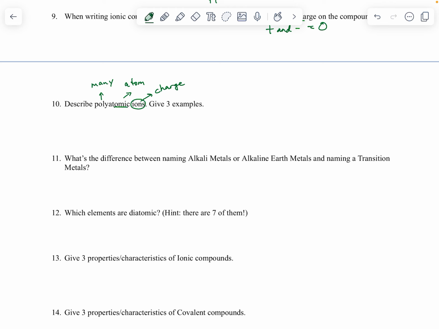So an example can be any of the ones that we've used. Nitrate, right? This is nitrate. We can have sulfite, which is SO3, -2 charge. We can have, let's say, hydroxide, right, which does end in IDE. However, hydroxide and cyanide, there are some polyatomics that do have that "ide" ending, but most of the time, we're really going to focus on the ones that end in "ate" and "ite," right? ATE, ITE,